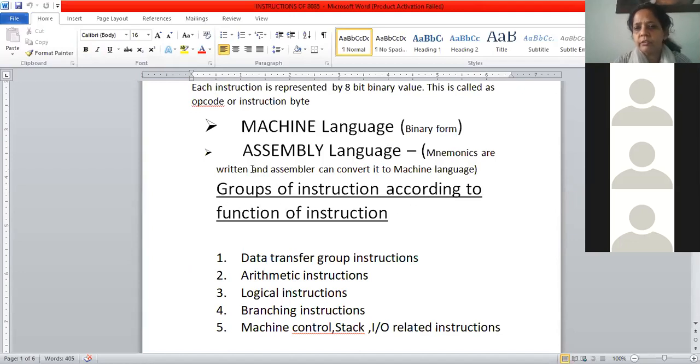Okay, so this is assembly language. You will have to use an assembler to convert it into zeros and ones, just like in C++ you use the compiler to convert the higher level language into zeros and ones, that is the machine language. Here you will not be using the assembler, you will be doing it manually. Okay, and then this assembly language can be converted.